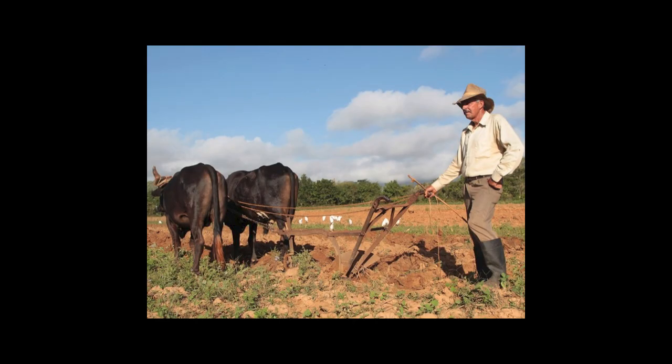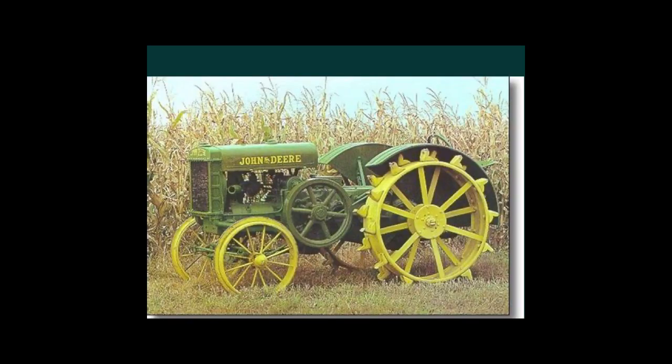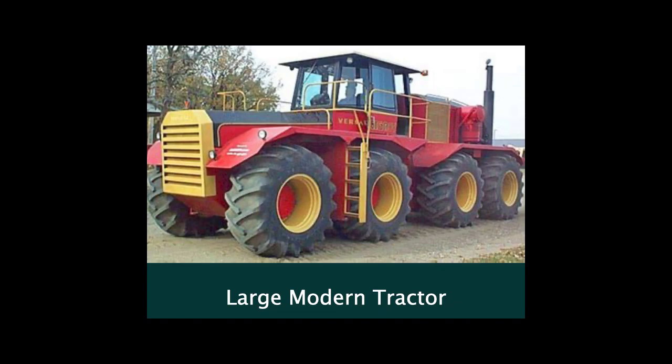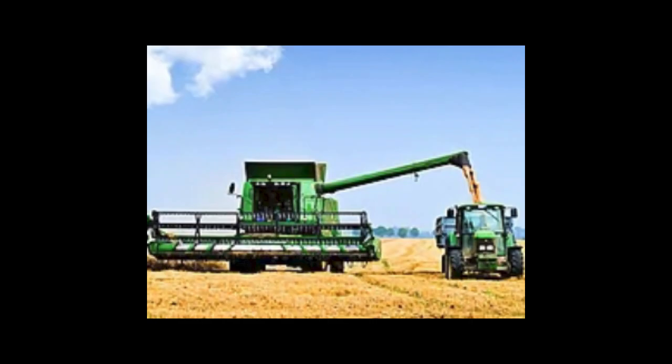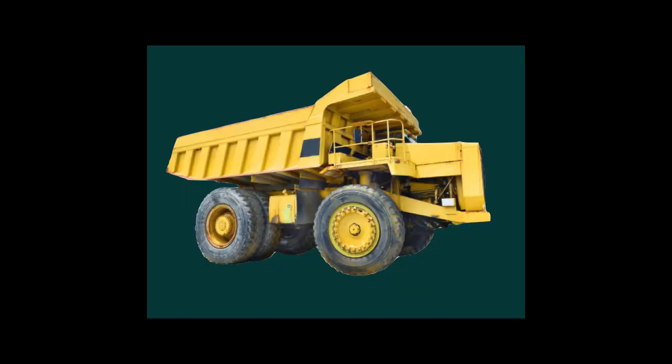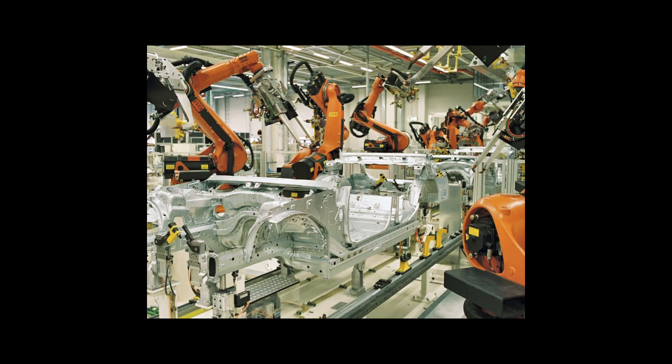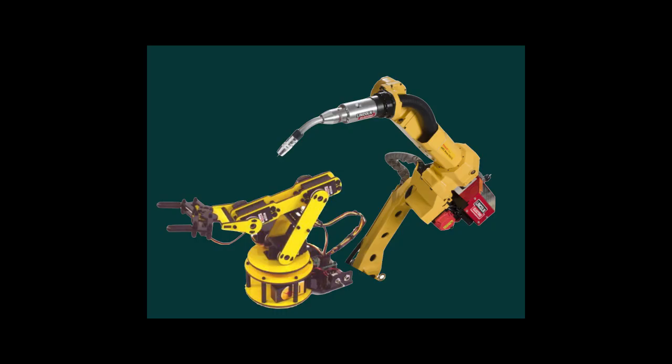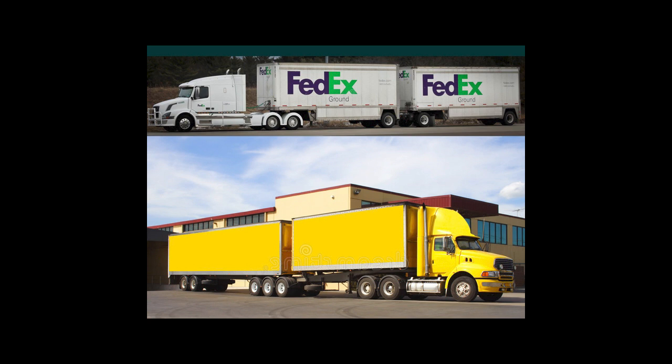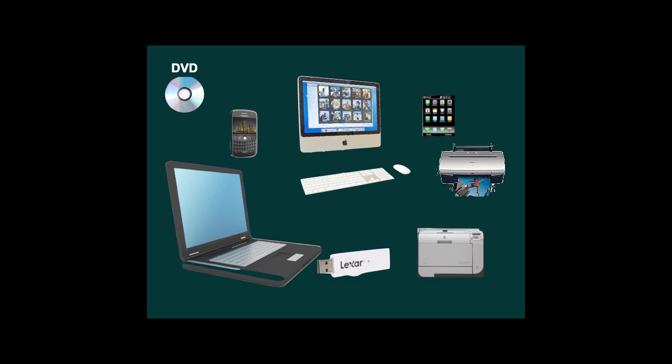We went from this 100 years ago to this, and today we have tractors that are a block long and gigantic farm machines and earth-moving trucks. Auto factories are assembling one car for every 35 hours of work. The results of labor being multiplied by first producing robotic machines, which on average have tripled the results of labor. Big trucks and the interstate highways have grossly reduced the cost of transportation, and computers and the internet have multiplied the rate at which we calculate, store, retrieve, and communicate information.